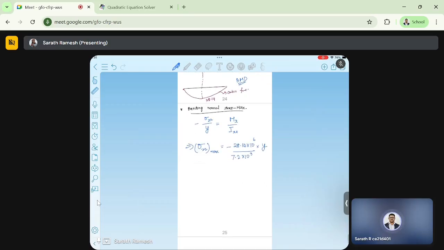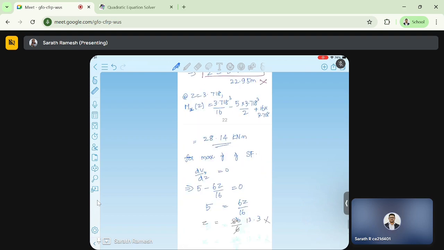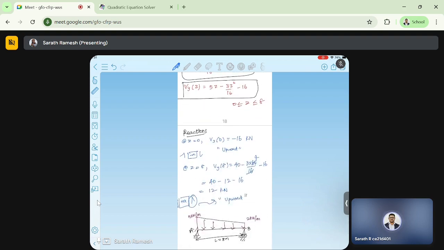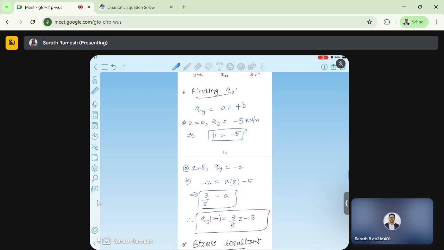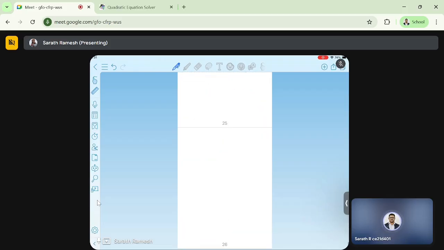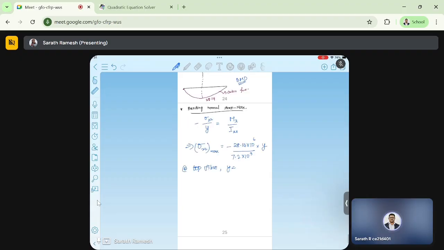Okay. Now for finding maximum, y will be at the extreme fiber, right? So at one fiber there will be a positive, another fiber there will be a negative, right? Here at top fiber, my y will be d by 2. What is the d? Forgot. What is the d given in the question? D, or H, was 600 mm, the depth. So 600 by 2 will be 300. Top fiber, it will be 300